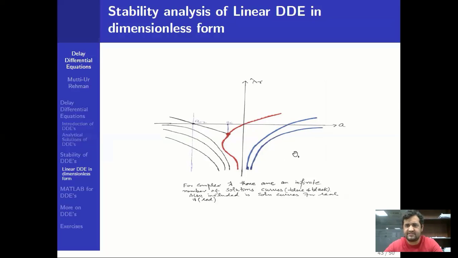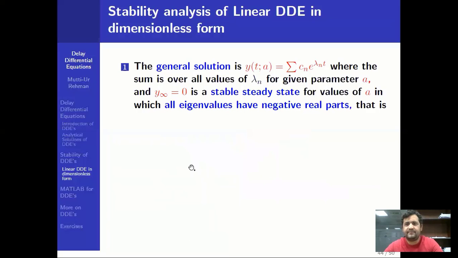So for instance, you can see over here, lambda is complex, and this is between lambda r and a. So for complex eigenvalue lambda, we have an infinite number of solution curves. You can see these over here, and then these. And this eigenvalue is real and natural. Now we can write down the general solution of our delay differential equation in this fashion, where